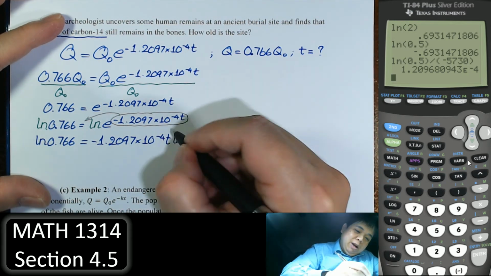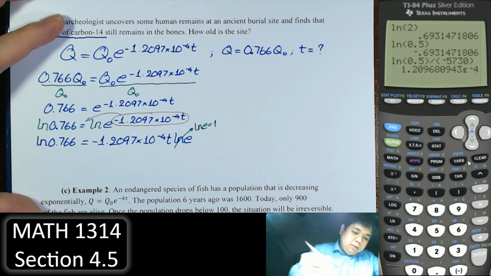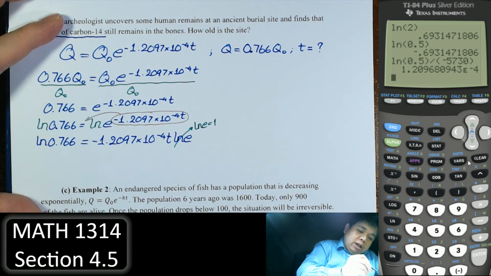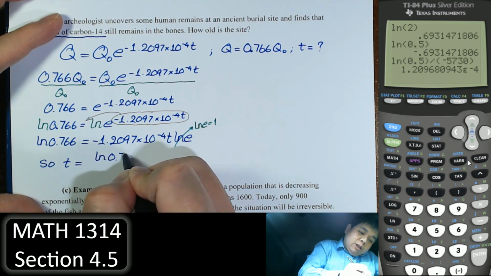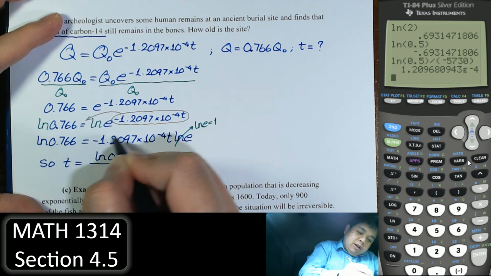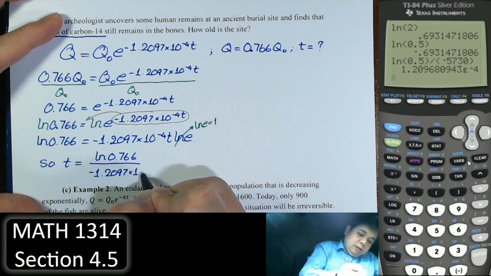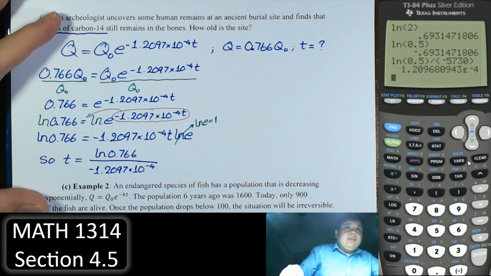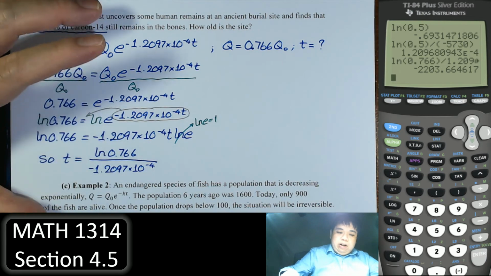And we do this many times already. Ln of e is 1. So that's what we have. So t is equal to ln of 0.766 divided by the rate. Right. So I just have ln of 0.766 divided by that number. And we have,